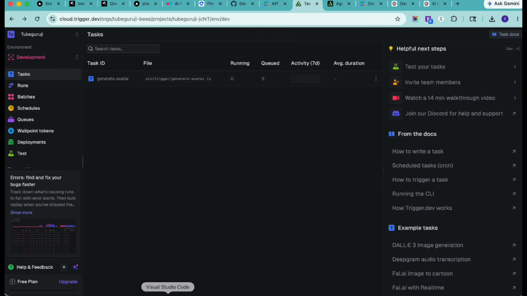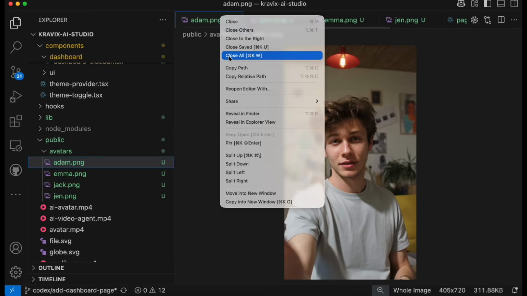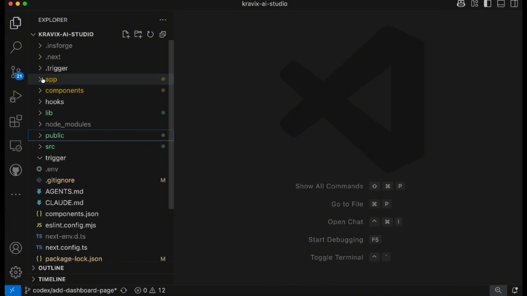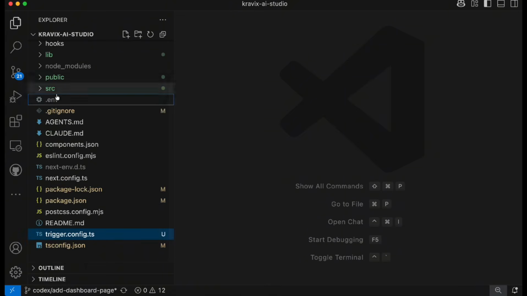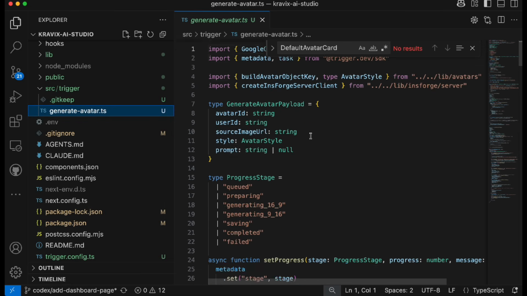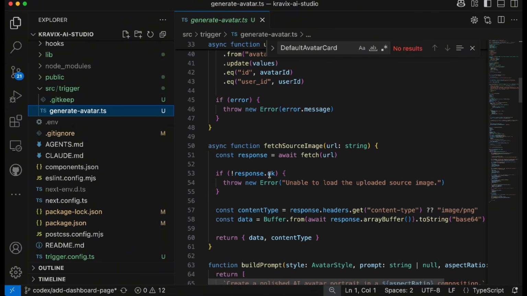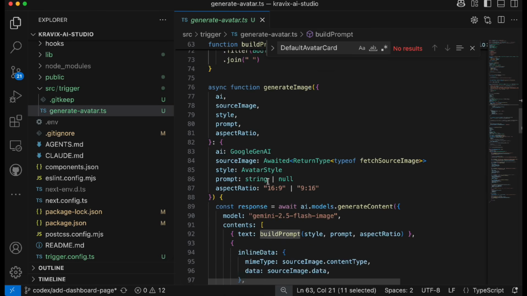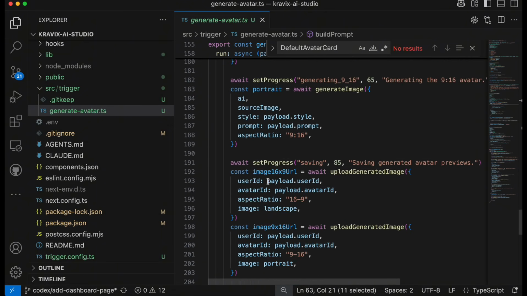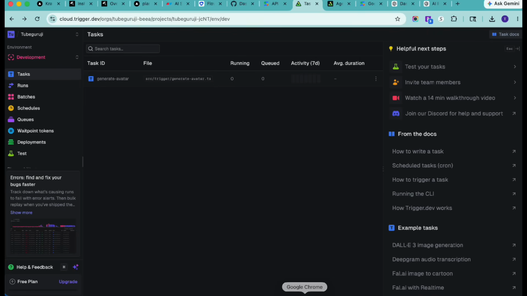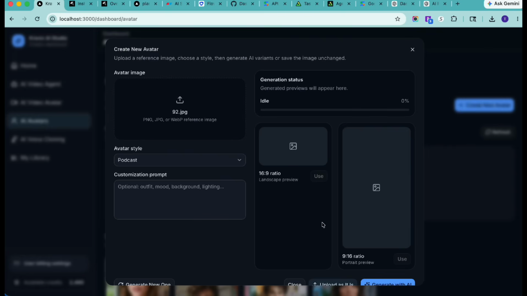Now in order to verify it, you can go to VS Code, and inside that you will find a new folder called trigger. So basically if I go to the trigger folder, let me refresh this, which is inside the source, and then inside the trigger you will see the generate author, okay. Inside this I have the task with the proper step functions needed to execute it. You will see the prompt in order to generate the proper author image, and all the details are mentioned inside this generate author. Basically this is driving the author generation logic, and once you execute it,